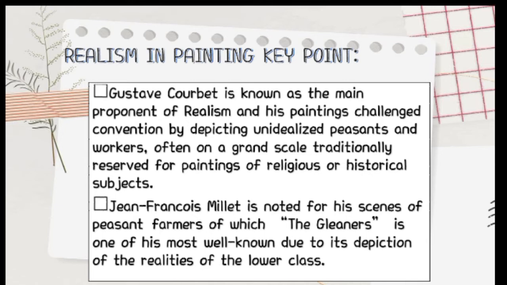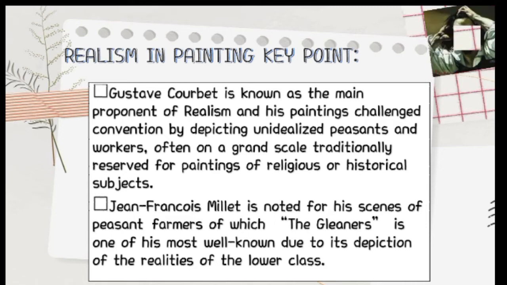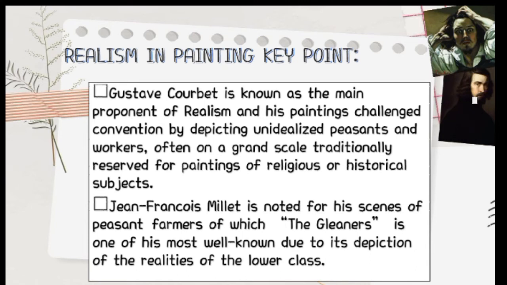Later, we will see the gleaners. It is one of his most well-known due to its depiction of the realities of the lower class. Dito sa realism, makikita natin yung mga problema, yung mga nangyayari sa totoong buhay sa mga panahong ito. But before that,